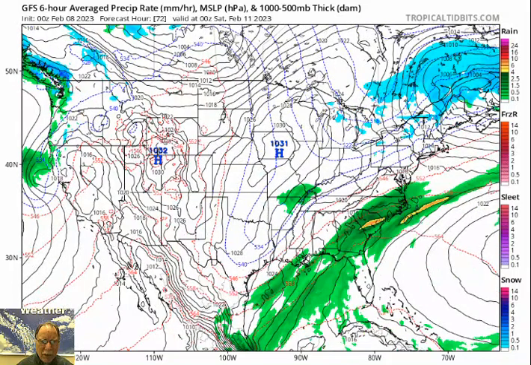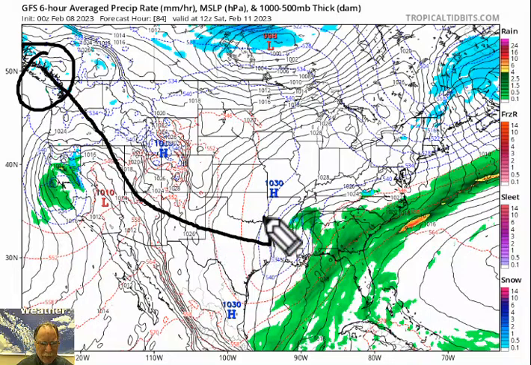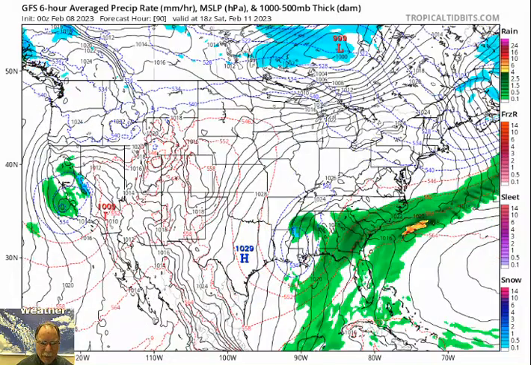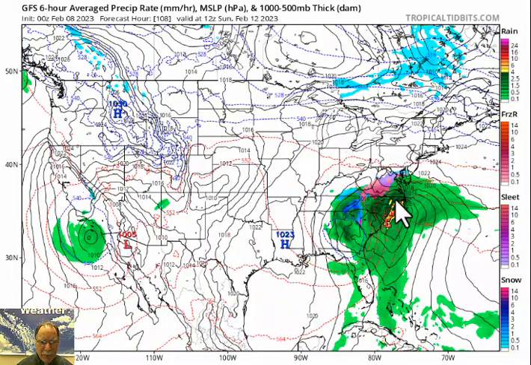But here we go now, heading into the upcoming weekend. This is Friday night, and now by Saturday morning, notice this is the time where we had that upper level feature that now is over the Pacific Northwest. Over the next 72 hours, it dives to the south, and it's pretty much located somewhere in this region right here come Saturday morning. So again, that is going to be a catalyst for the storm system that here we see starts to form right here over the Carolina coastline come late Saturday night into Sunday morning.